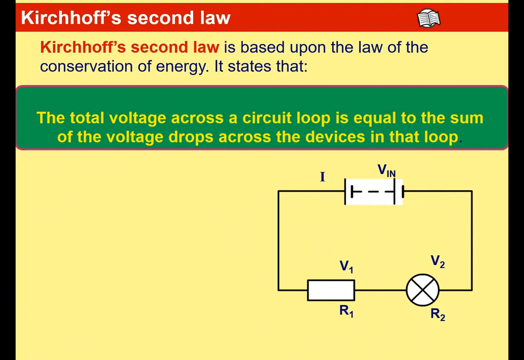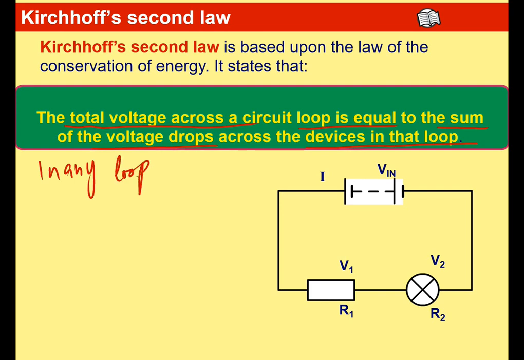Kirchhoff's second law is telling us that the voltage across a circuit component is equal to the sum of the voltage drop across the devices in that loop. So what exactly does it mean? It simply means that in any loop,